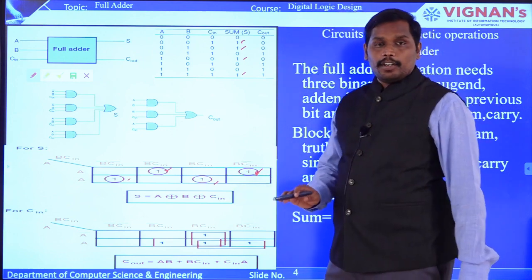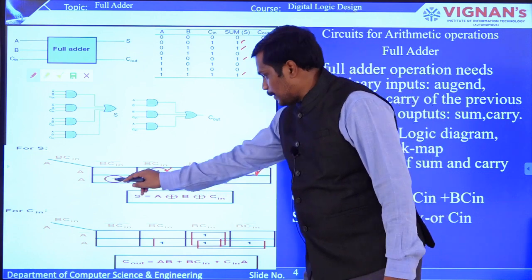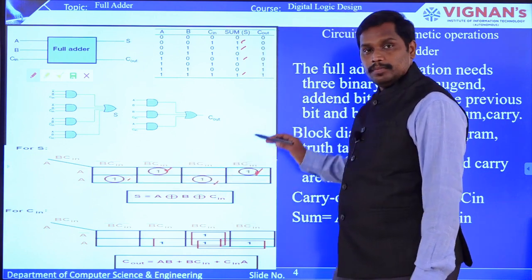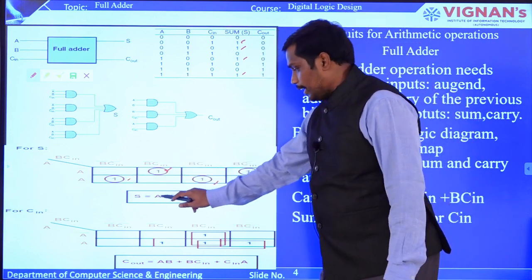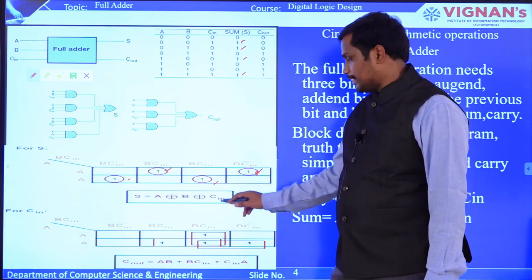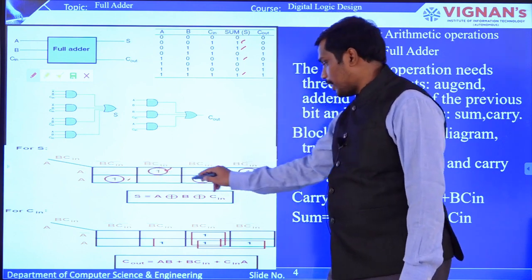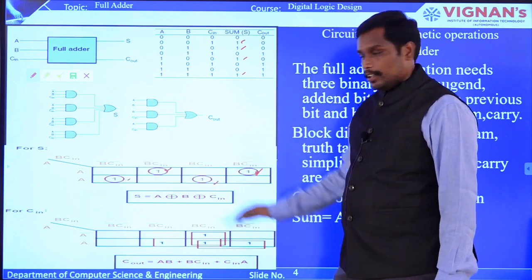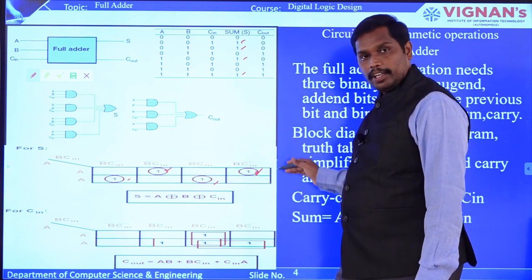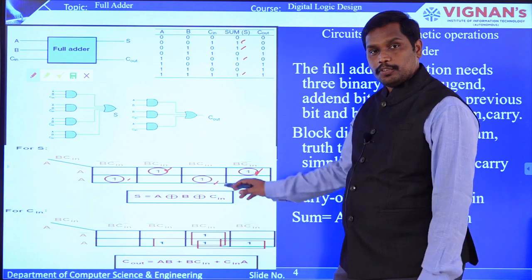So by default, whenever this particular Karnaugh map is given to you, whenever you find this particular ladder kind of pattern, the final output will be A exclusive OR B exclusive OR Cin. Are you getting it? So these three inputs are XORed. This is what you get when a Karnaugh map is designed in this ladder, mountain-like pattern, so that will be A exclusive OR B exclusive OR C.